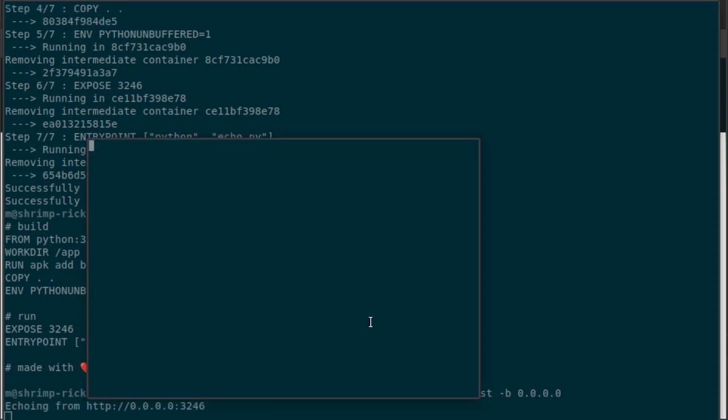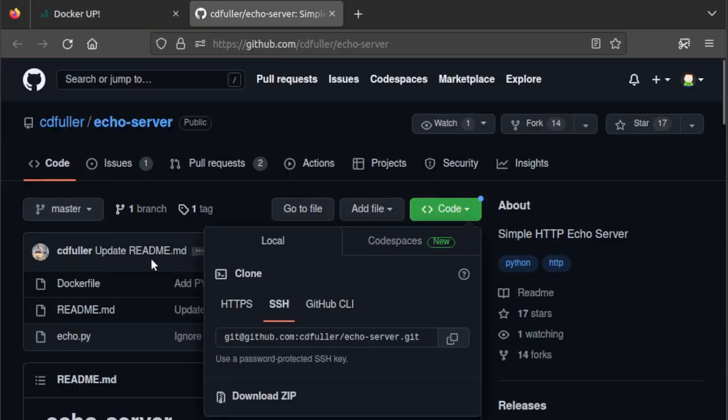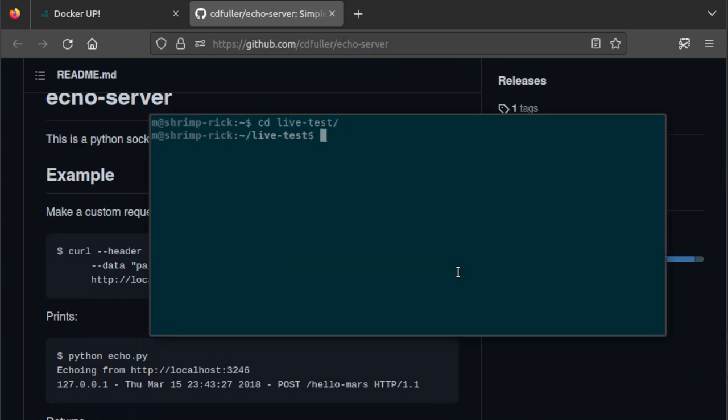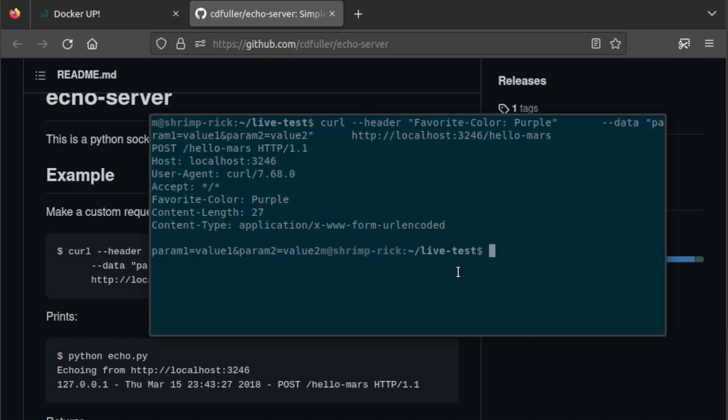In order to verify it's working out of the box, we will use a given curl call from another terminal. It added a $ sign, let's get rid of that,